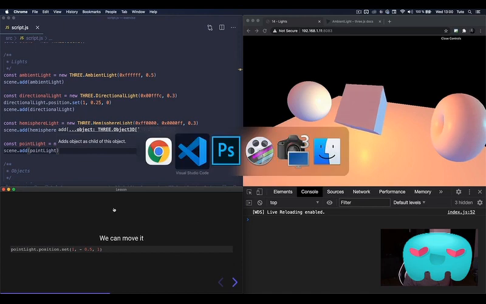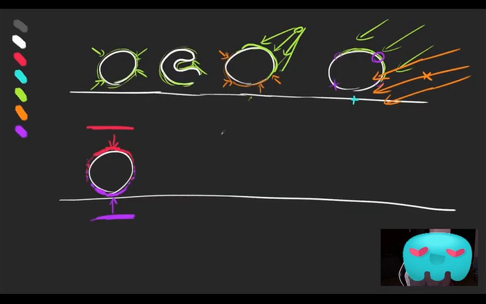So yeah, I'm going to draw something as always, because drawing is a good way to learn. So we have our light, let's say it's this one. The light position is right here. This point is infinitely small, all right? It's not like a light bulb. You don't have something that looks like this, all right? It's not that. We have an infinitely small point, and these points will illuminate in every direction like this, all